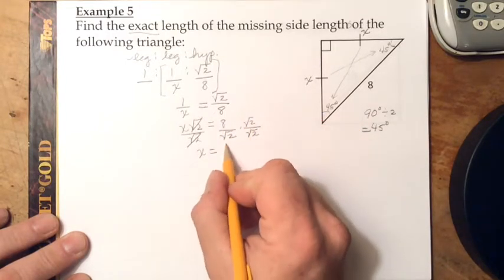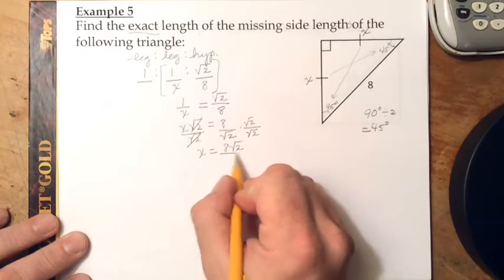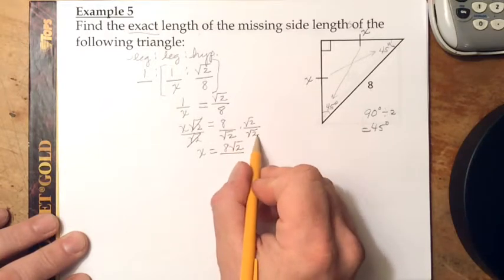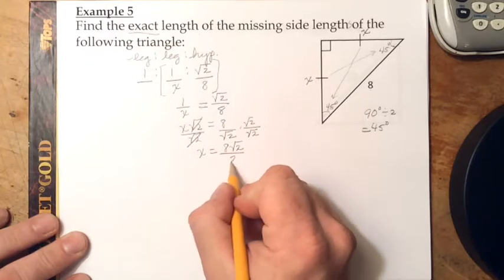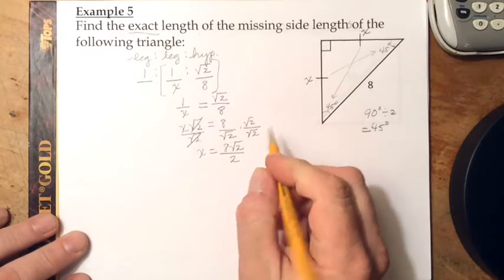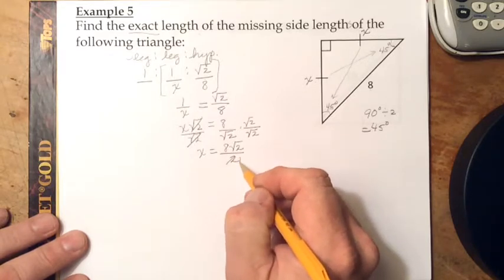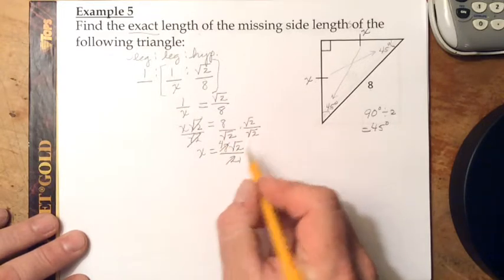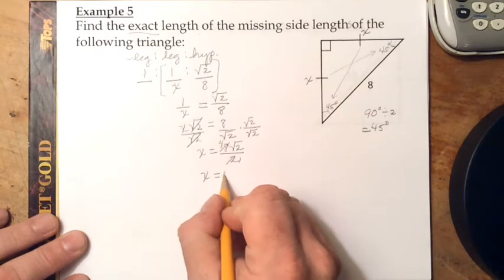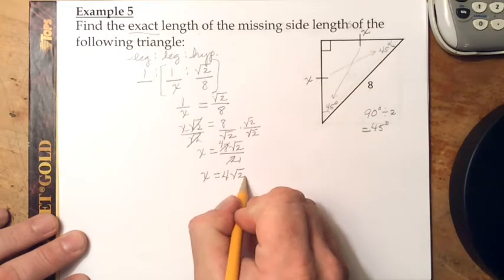8 times the square root of 2 is 8 root 2. The square root of 2 times the square root of 2 is the square root of 4, and the square root of 4 is simply 2. 8 halves reduces by 2. 2 goes into 2 once, 2 goes into 8 4 times. And so now we have simply x is equal to 4 times the square root of 2 over 1, or